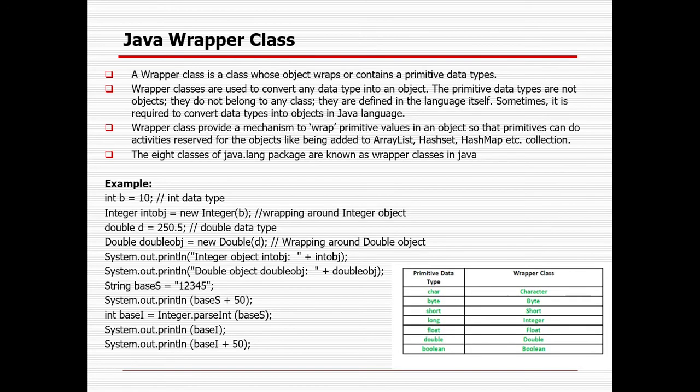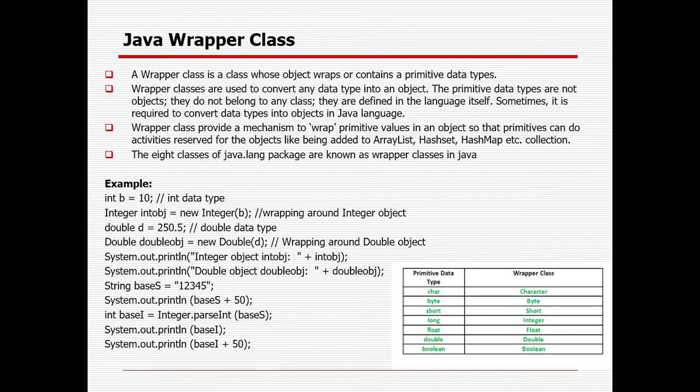The next is wrapper class. So what is a wrapper class? Okay, there are data types, non-primitive and primitive. Primitive data types are not objects, right? And sometimes we need to convert those primitive data types to objects as well, right? Whenever we will be dealing with collections, for each and every data type we need to convert to an object. Unless we use the wrapper class, it will not be possible to wrap them. That is the reason the wrapper class plays a pivotal role in Java.